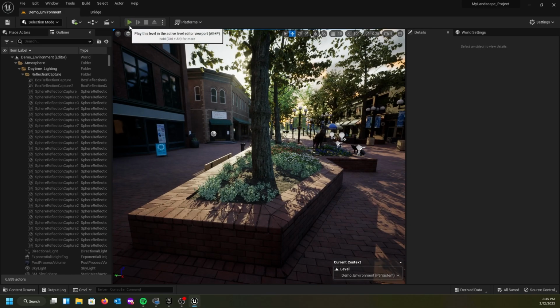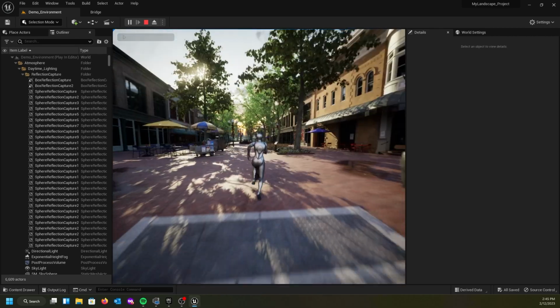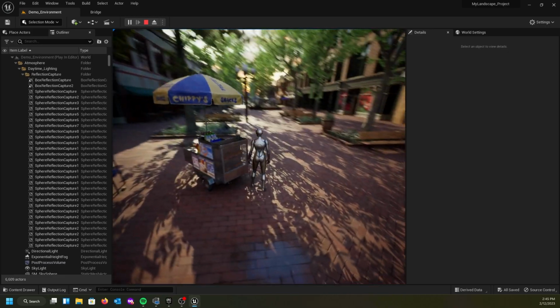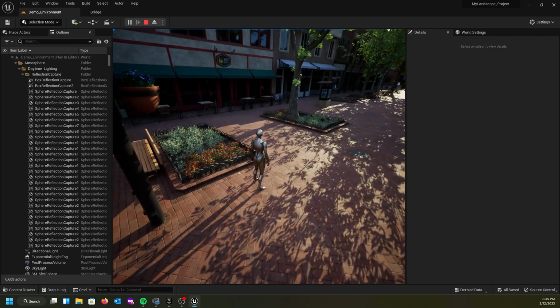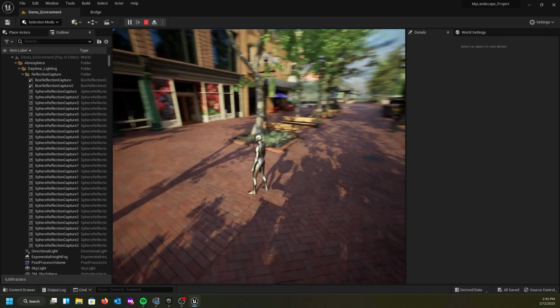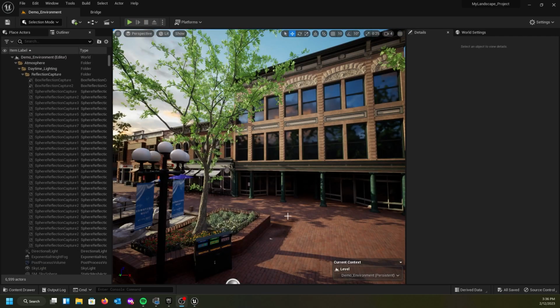Let's see if we hit the third person play, if it'll actually play for us, since this is in our world where we have our third person set up in it already. A lot of detail in it. Nice little shopping area. Okay, so